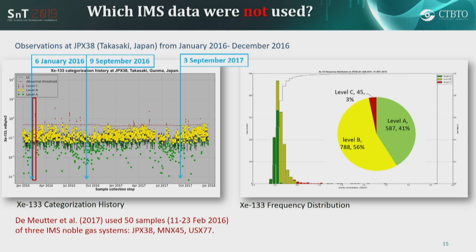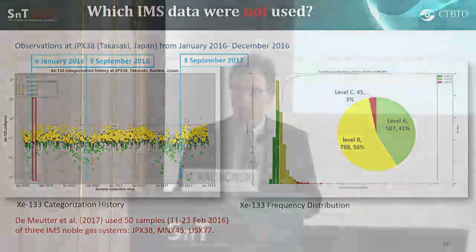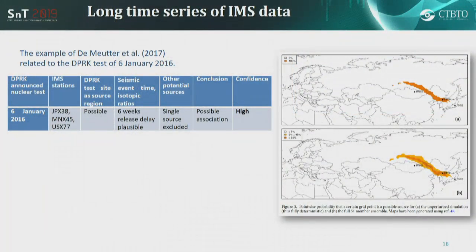The point I want to make as a conclusion of this presentation is that there is definitely much more information in these data than we have harvested so far, and only some studies went into the effort of going into an assessment and analysis of not just a few episodes of level C or higher concentrations or special isotopic ratios, but looking into, in this case, 50 samples over